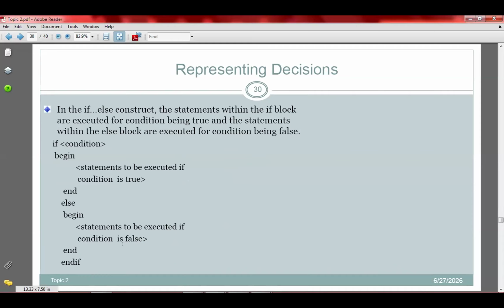of the simple if, which means that if the condition is true, you perform this set of actions. However, if the condition is not true, you do another set of actions. So that is the if else. If the condition is true, you perform one set of actions. If the condition is not true, you perform another set of actions. That is what we use in branching.